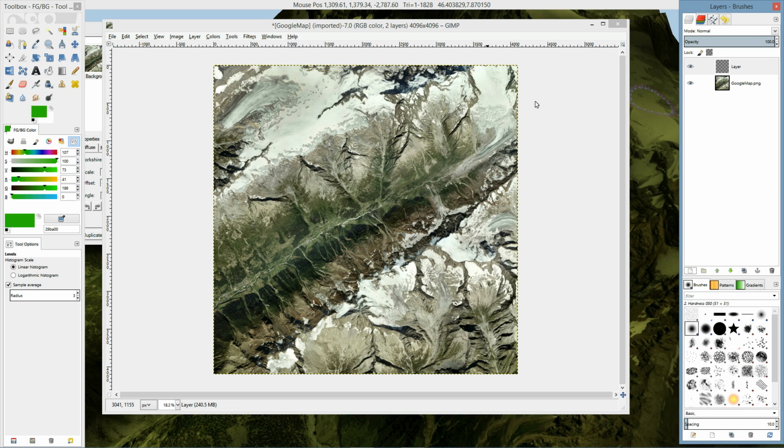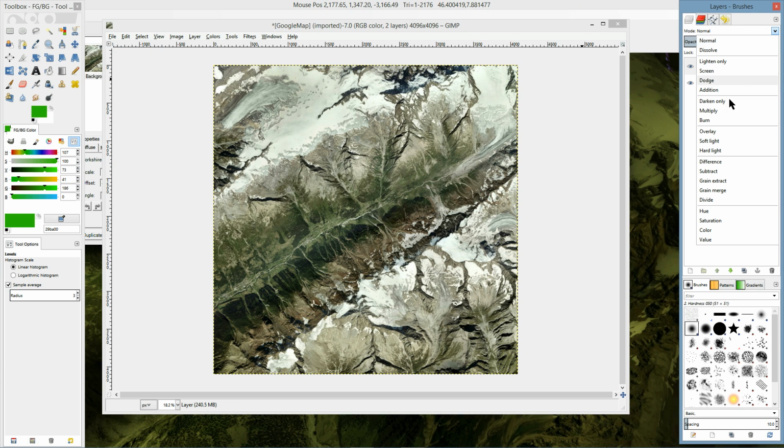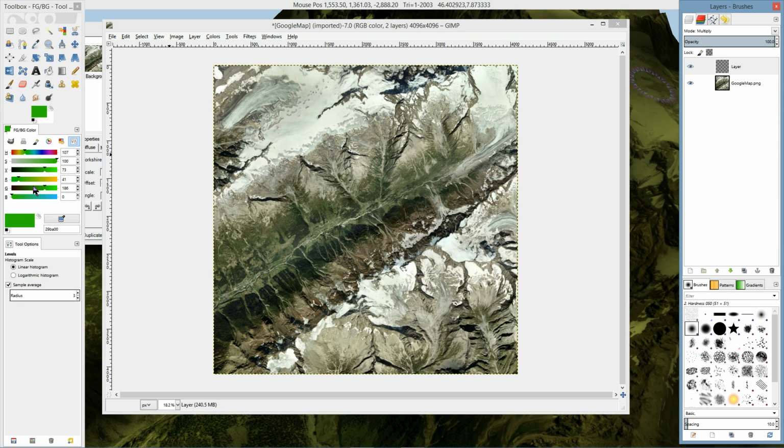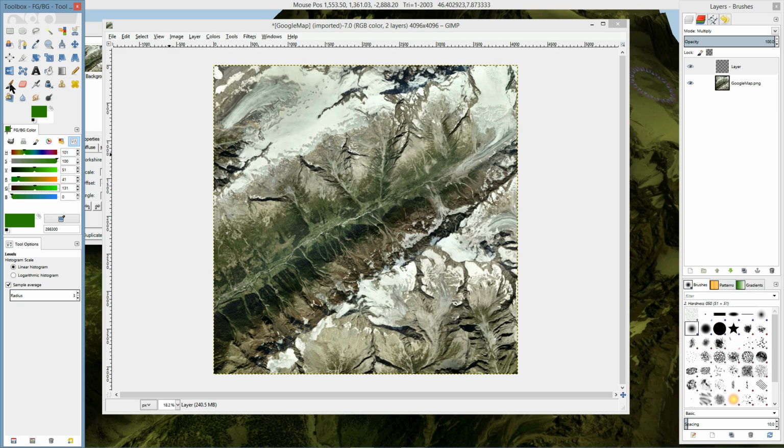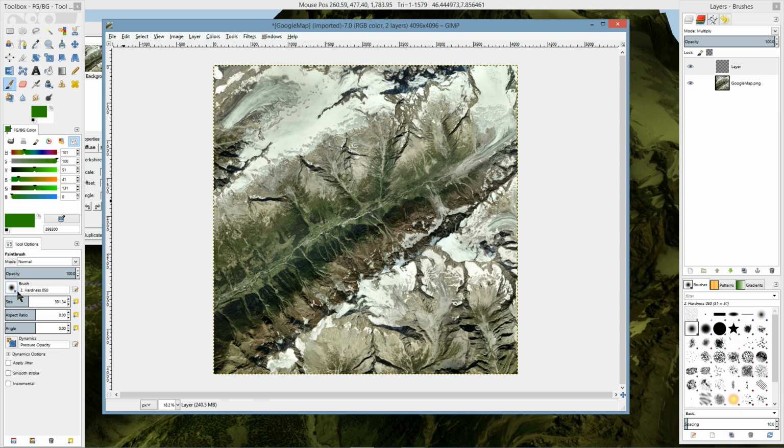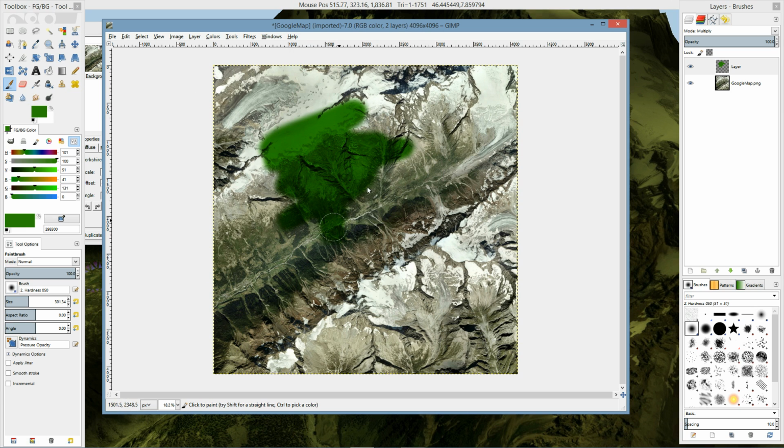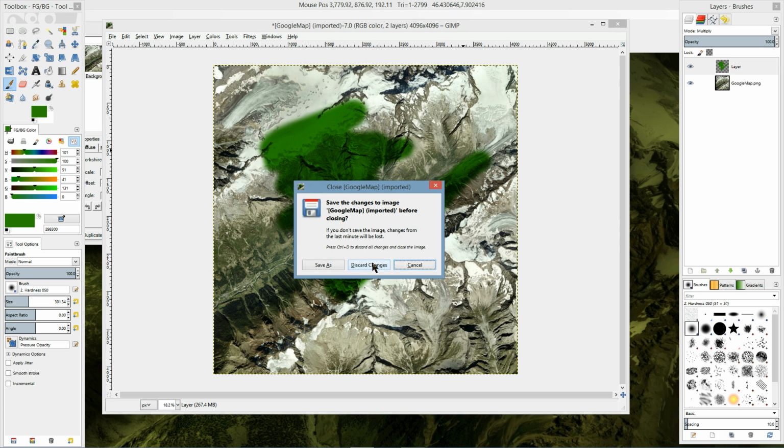So that side of things is actually working okay, but what the shader is doing is, if I were to add a layer on top of this and change that layer to be multiply and then paint in a greenish texture onto there, and yeah, if I were to do that, then everything gets that greenish tinge to it. So that's not the result we're looking for,